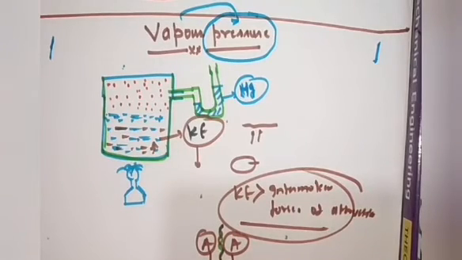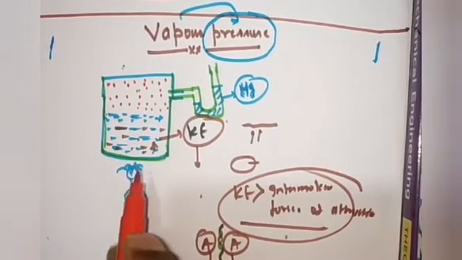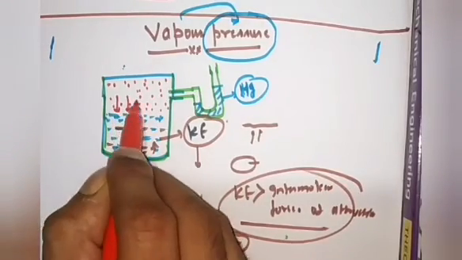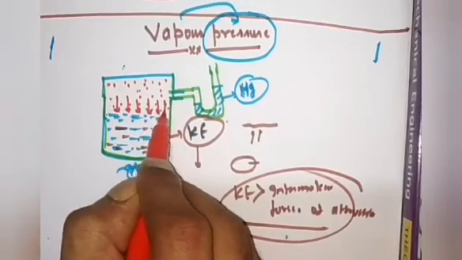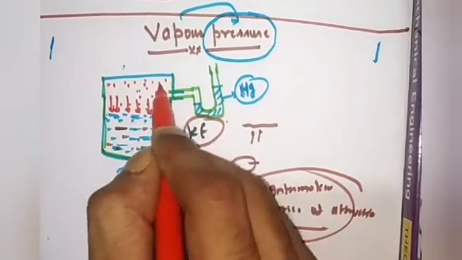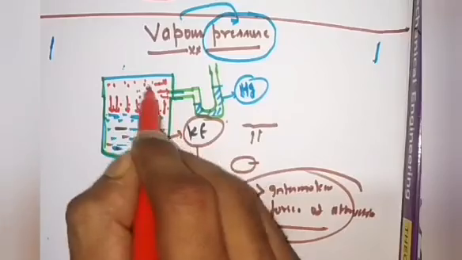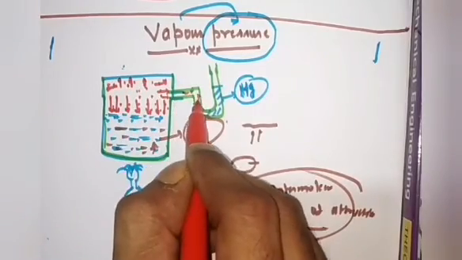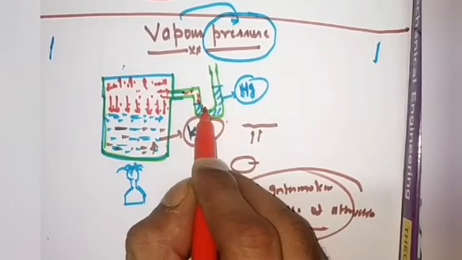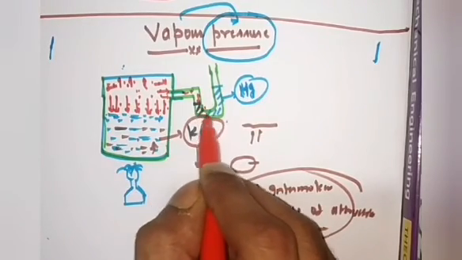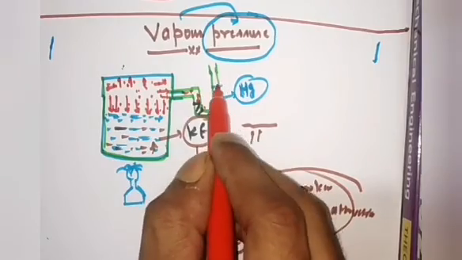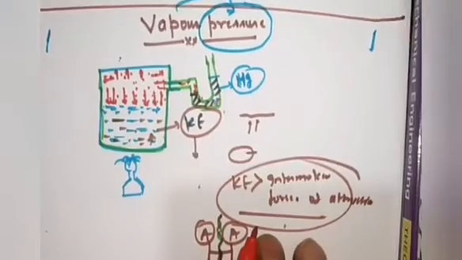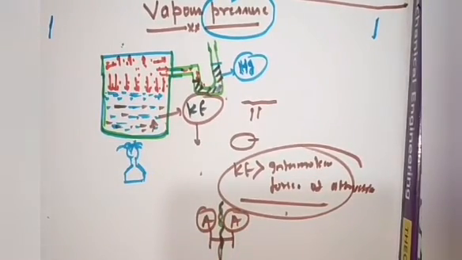If vapor molecules exert vapor pressure in all directions, these molecules again will exert pressure on the free surface of the liquid. Then definitely here also, as in the container all around, the same vapor pressure will be exerted. Now with the help of the manometer we will be able to calculate the vapor pressure of the liquid.